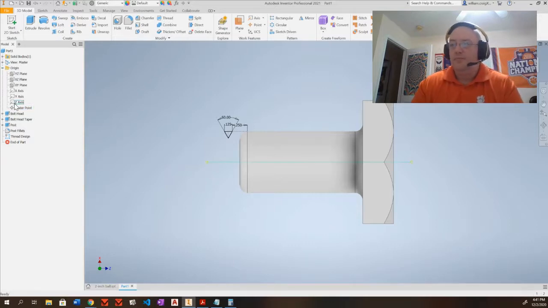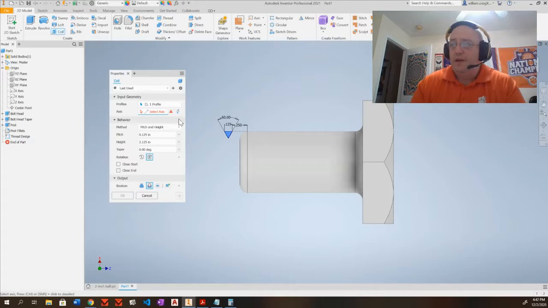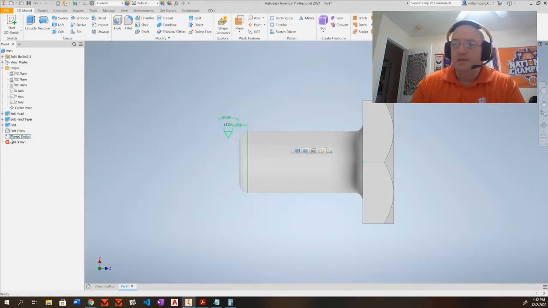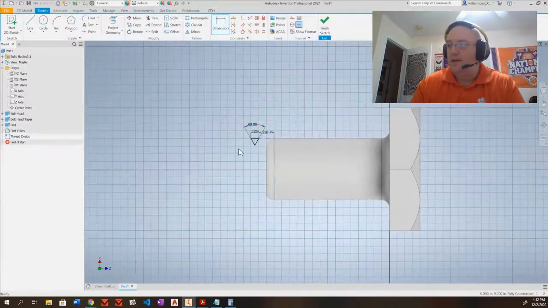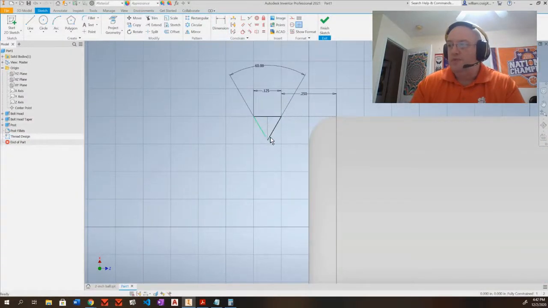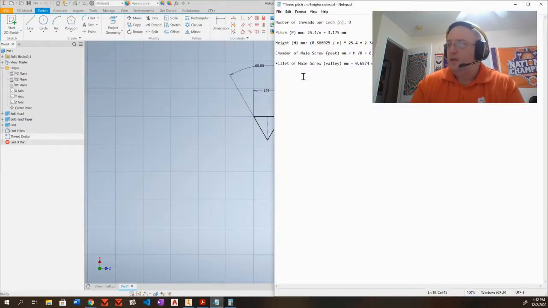Now everything looks good. All right, so now what we're going to do is the actual threading itself. So what I want to do is a coil. And I already grabbed the profile for, oh, sorry. I almost missed something. Let's go back to our thread design. One other thing I did forget in here, and that was to do the fillet down here. Can't believe I almost forgot that. The fillet is right here,